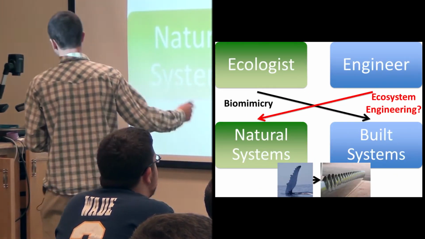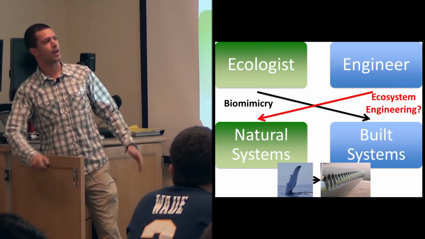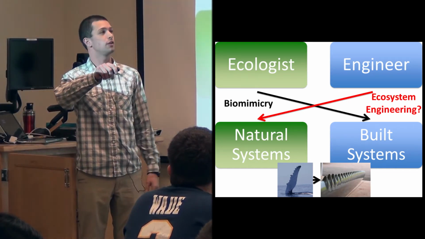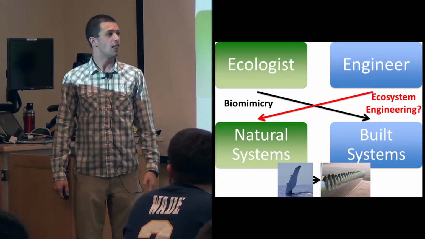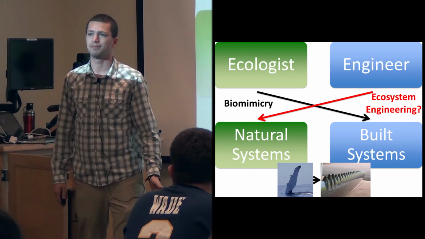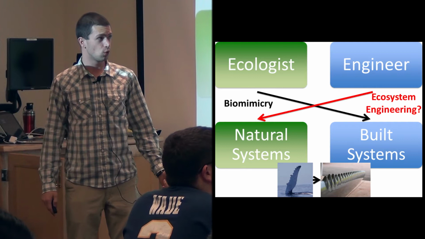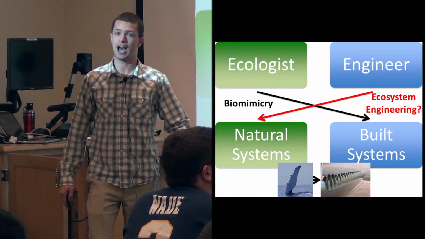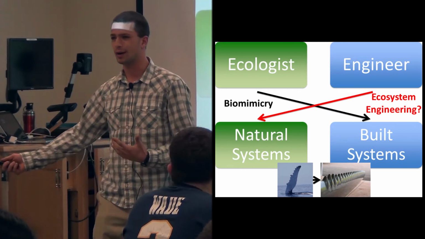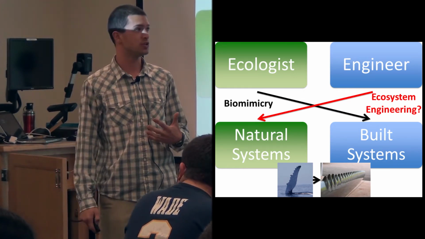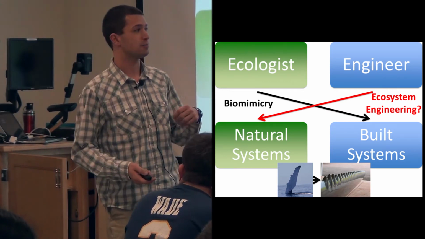Okay, so we have ecologists and engineers, and we have natural systems and built systems, and obviously the typical way this goes about is ecologists study natural systems and engineers study built systems. That's great, but if we want to try and do cool things and innovate a little bit, we can change it up. So one thing you can do is have an ecologist infuse their ideas into built systems. This is actually what I usually talk about, what got me into all this originally. People call it different things, but the word I like the best is biomimicry.